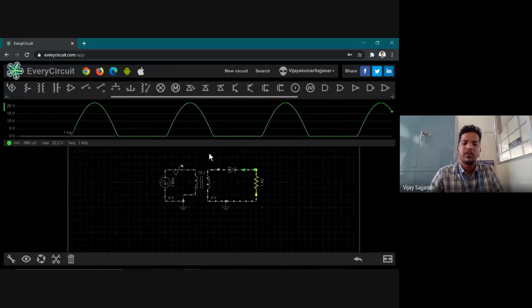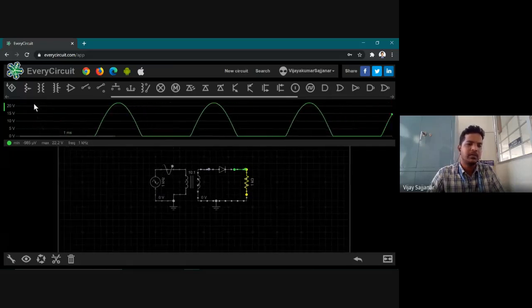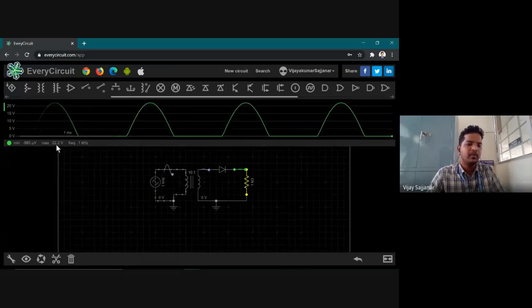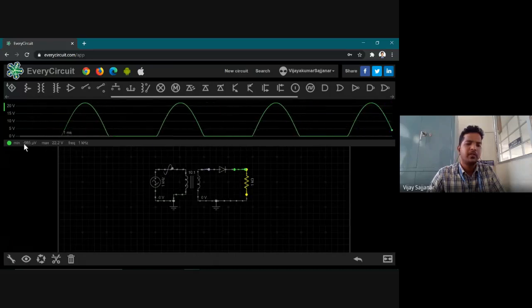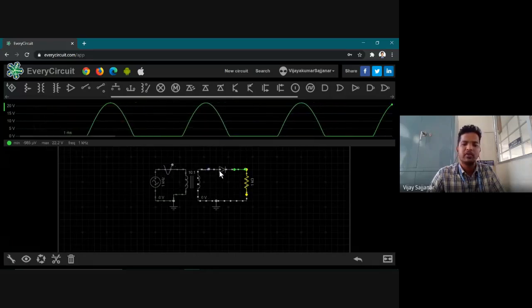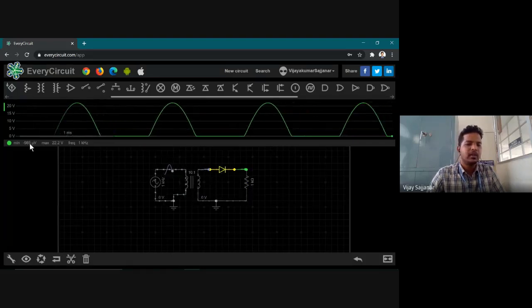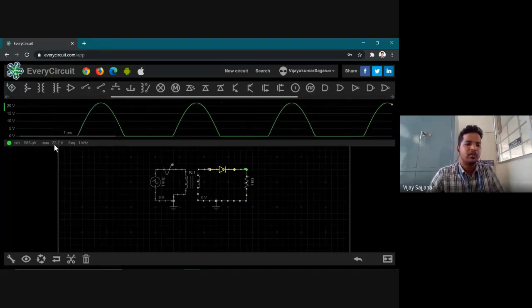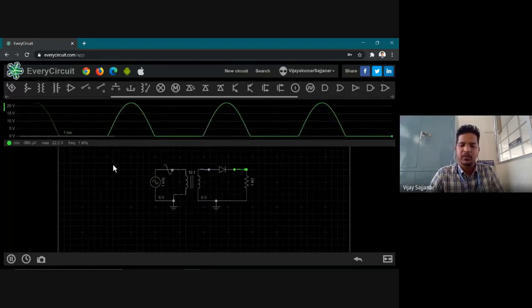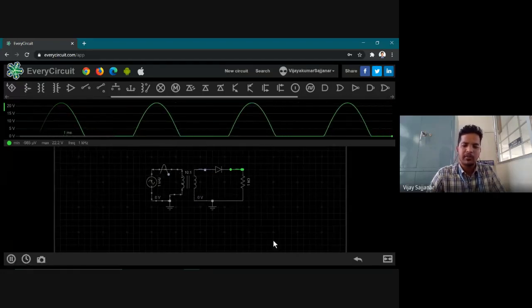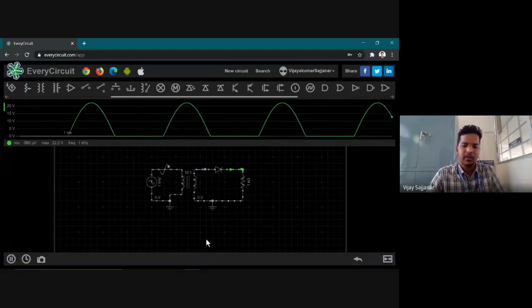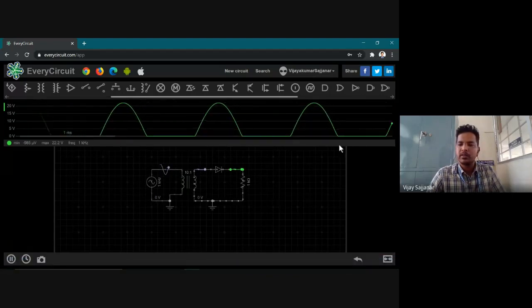So this is how our half wave rectifier works. This is again a maximum of 23 volts. Some minor variations are there. This is because of not using an ideal capacitor. Changes will be there, but it is good enough. You can call it 23 volts. That's about the half wave rectifier. I'll just save this and discuss the capacitor.